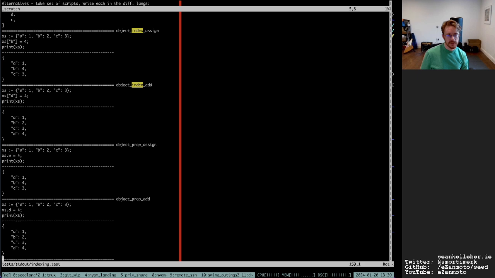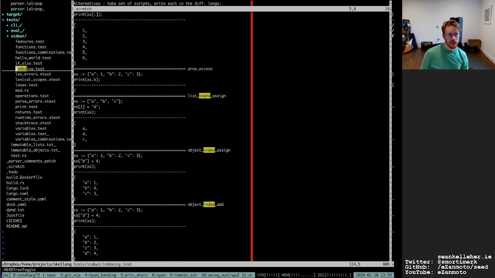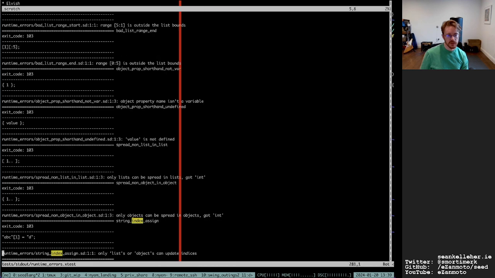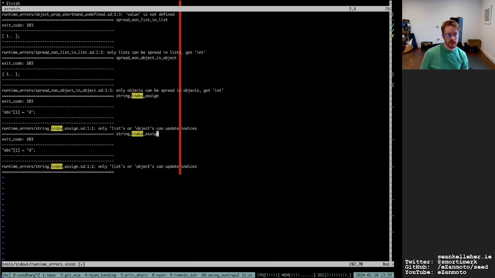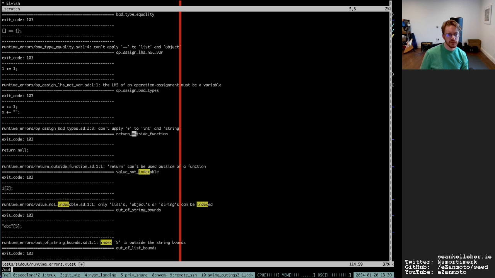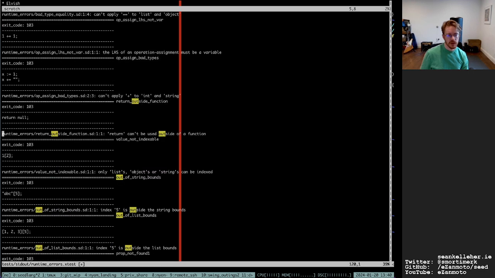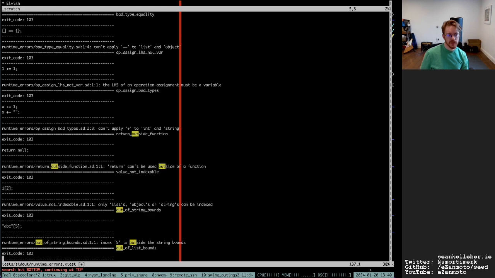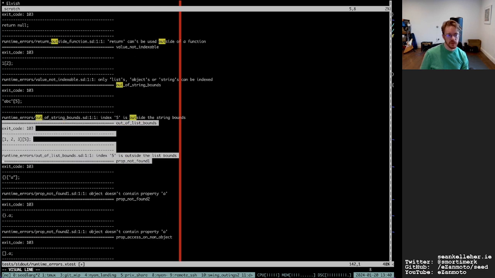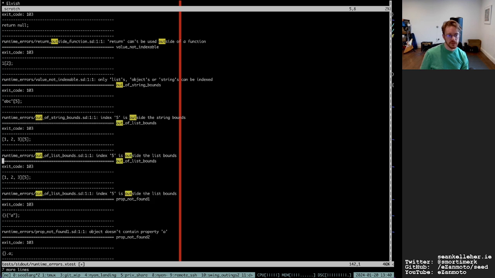And let's see. Well, no, it'll actually be in the runtime errors file that we'll want to do this. Do I have an out of bounds? Yeah, so I'll put it close to that, out of list bounds assignment.